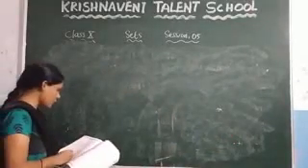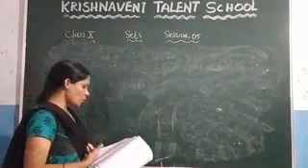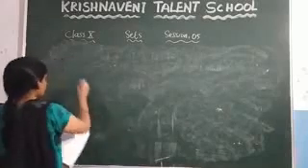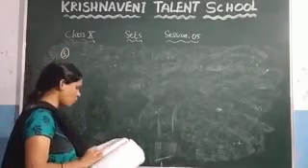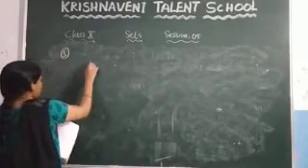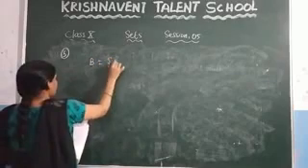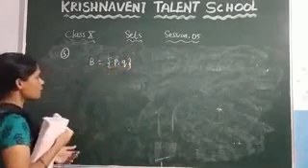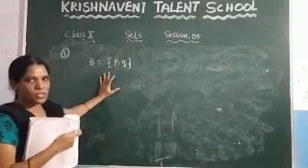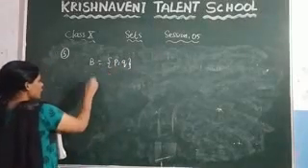In that, 5 questions are given. I will do 2 problems; you can do the remaining problems. The 5th question: list all the subsets of the following sets. Here the first question they have given is B is equal to {p, q}. You need to list the subsets. That means how many subsets are possible in this one. So here you know that